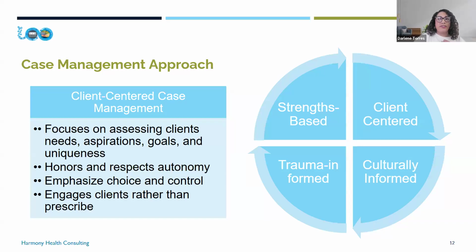So really making sure that we're emphasizing this is their choice, this is their control, and that we're a part of the engagement piece. So instead of you need to or you should, what do you feel you're ready to work on? Or you know what are your thoughts on this perspective?